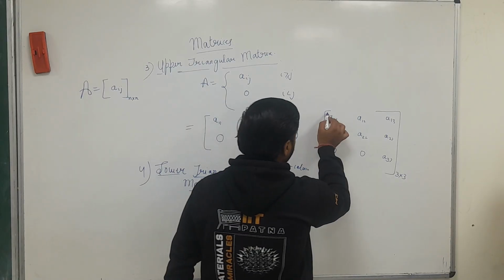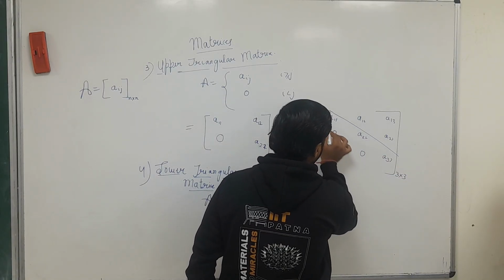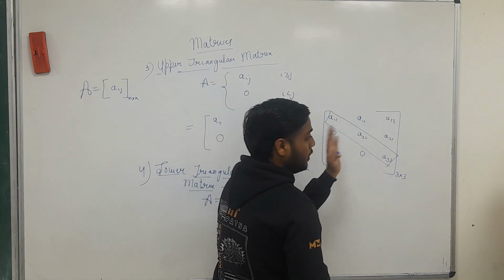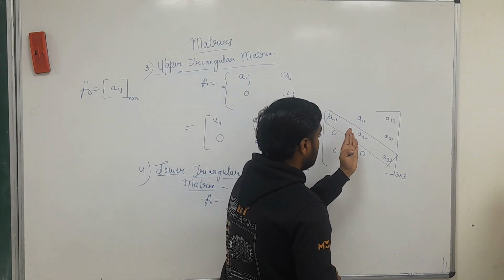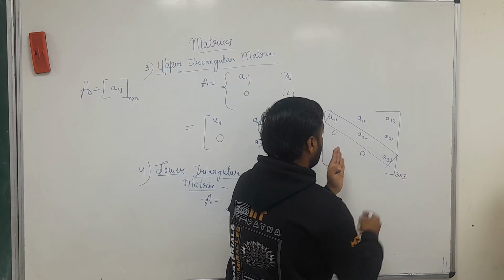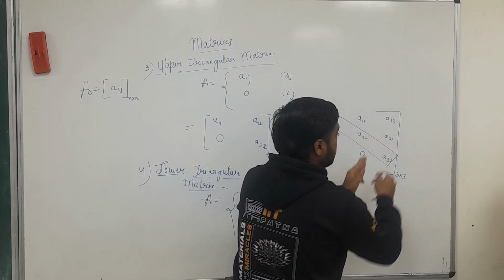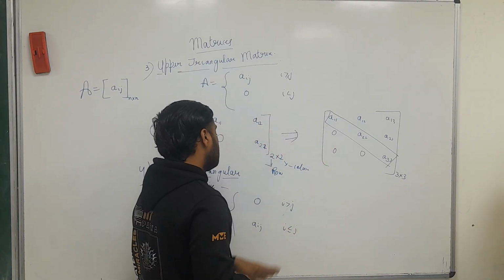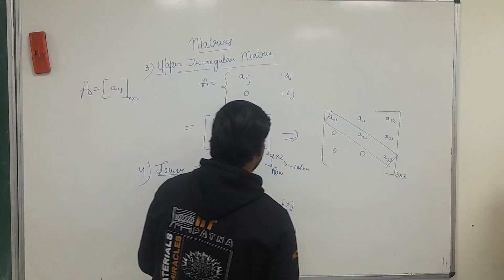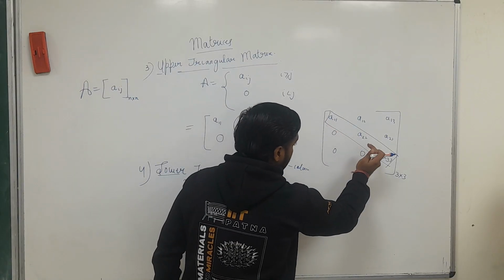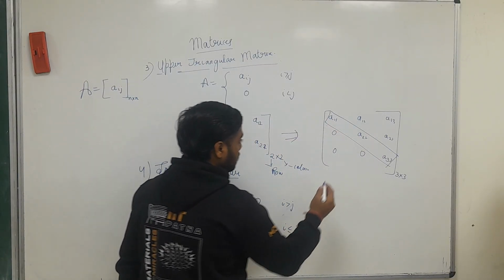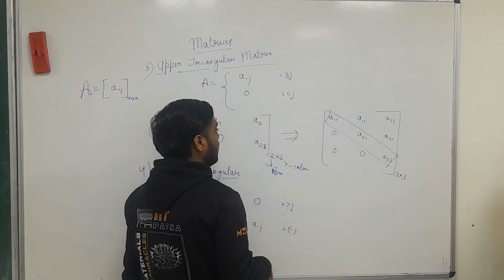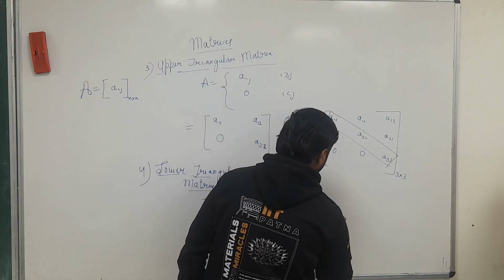What is the principal diagonal? This is the principal diagonal. In the upper triangular matrix, the entries above the principal diagonal are non-zero, and below it will be 0. Just opposite. In the lower triangular matrix, the entries below the principal diagonal should be non-zero, and the rest will be 0, which looks like